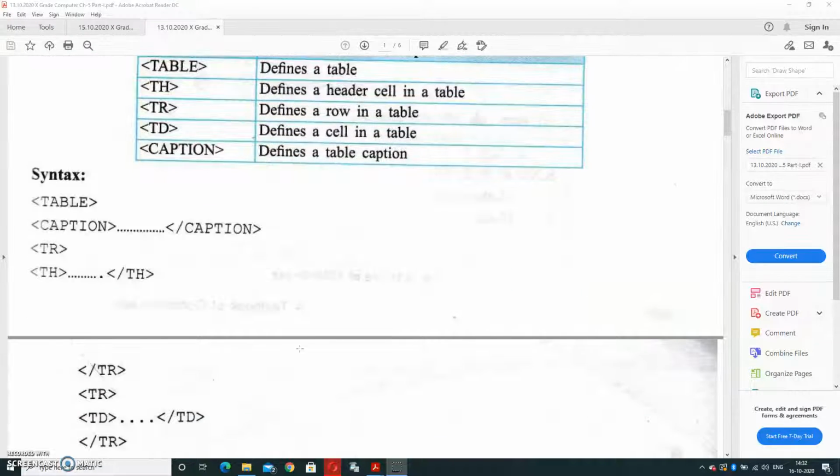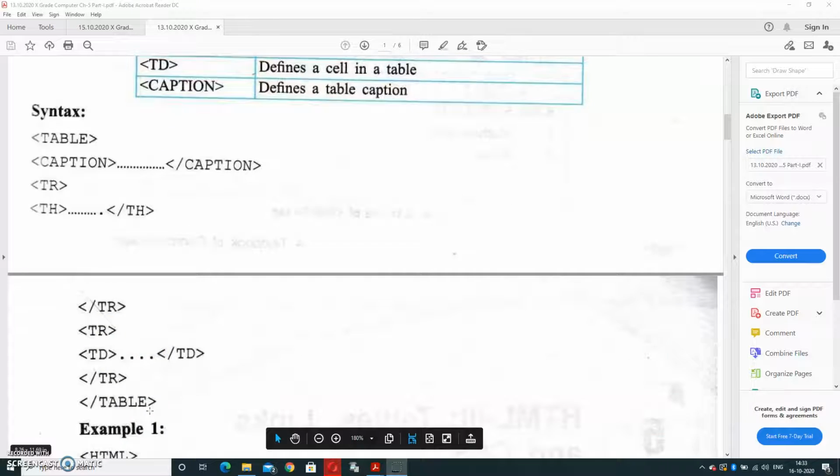Now this is the proper syntax. Firstly the table tag will open, afterward the caption will open. In the caption part you will write the caption and then that caption will be closed. Then the first row is a table row. In the table row, first is the heading row. Headings will be given in the form of th. Afterward the first row will be complete. We will move to the second row. In the second row we will define data, so the table data tag will be used. Afterward the second row is complete, and afterward the table will be complete. We will understand more with the help of an example.